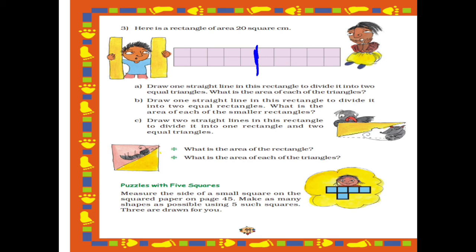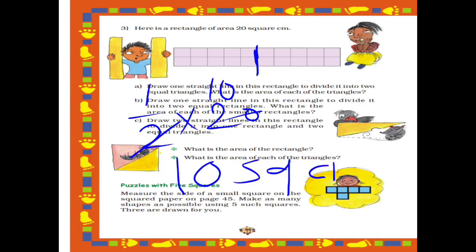Now how do we find the area? We know the area of the bigger rectangle is 20. So the area of each of the smaller rectangles will be half of that area. So again we will write in this way: 1 by 2 into 20. That is, the area of each smaller rectangle is equal to half into the area of the bigger rectangle, that is 20. So 20 gets cut by 2, 10 will remain. So each of the rectangles is 10 square centimeter. So I hope this is clear to all.